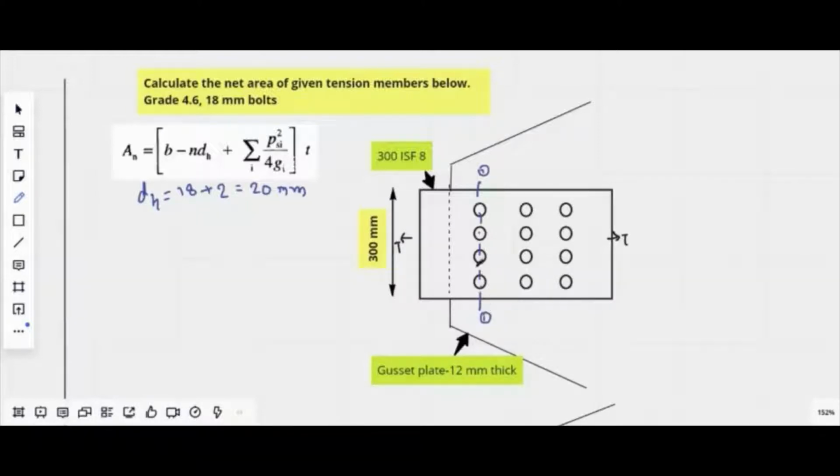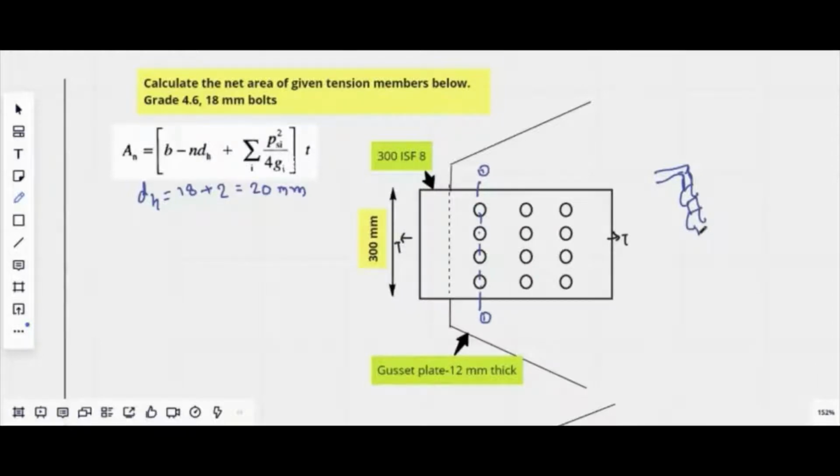In this case, due to the chain bolting, we have an equal number of bolts in all the three different rows. Generally, the formula can be adopted directly from the code where they have studied the failure zone. So when I take the 3D of this, it can be seen that my section will fail in this way.